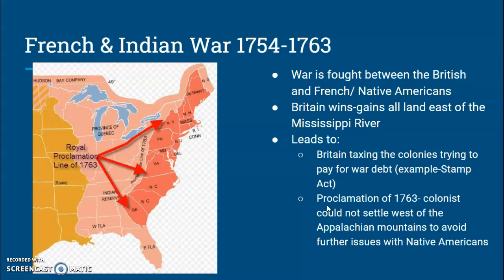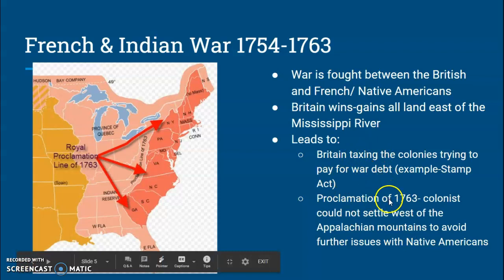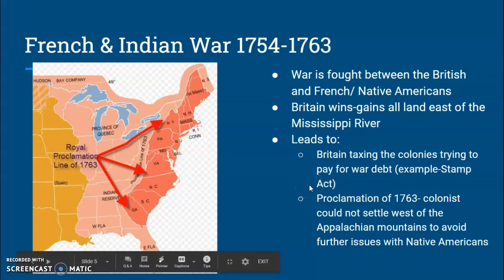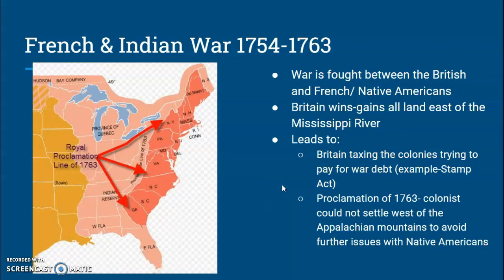So we have the first step, mercantilism, the Navigation Acts, limiting who you can sell to, limiting your business. Then you have the Writs of Assistance and the Quartering Act, which is limiting your civil liberties or your privacy. Now you have increased taxes, and then they're basically telling you where you can and where you cannot live. And as you add these things up, you're creating that stepping stone to war, and eventually events are going to happen where all this tension is going to build up and overflow, and we're going to actually start fighting a war. Okay. And that's going to be it for the first one.